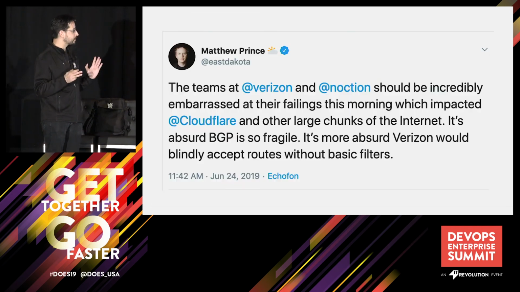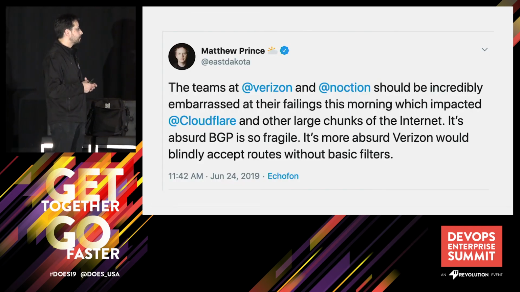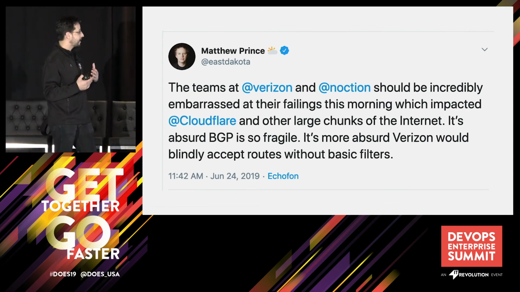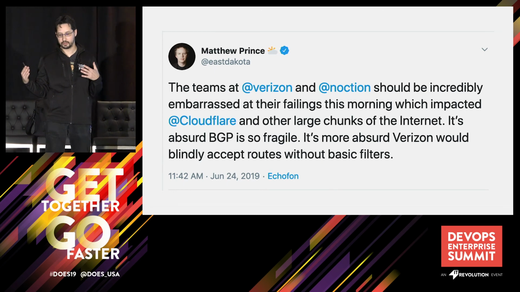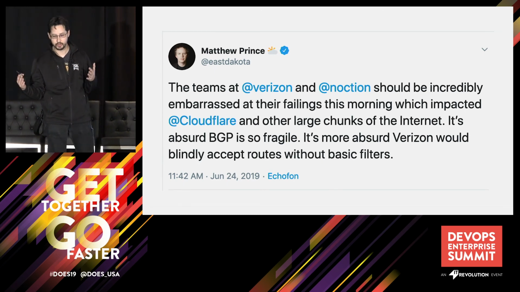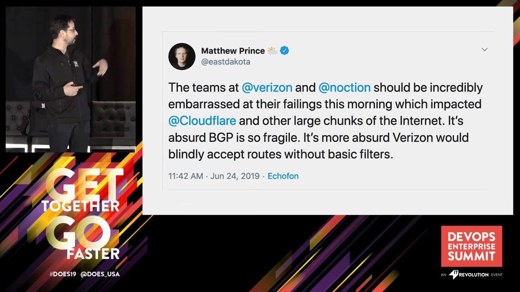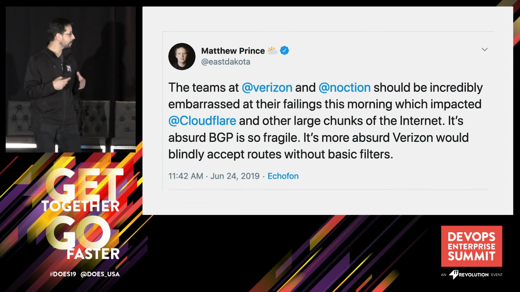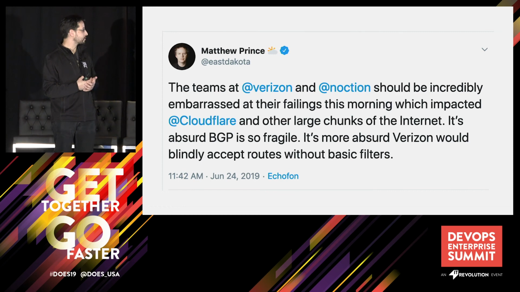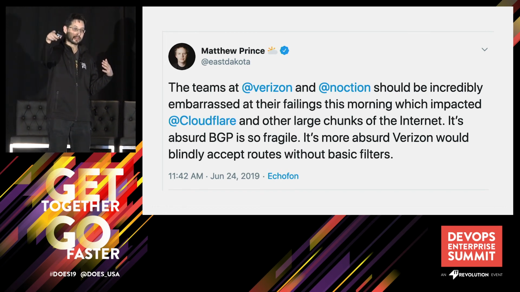OK, and then one final example. So Verizon had an outage which was caused by some of their upstream providers. Or rather, Cloudflare had an issue, and they blamed Verizon and Nokshin. So he was the CEO of Cloudflare, blaming some of the folks downstream from them. And so this is kind of how we work in the business, right? So when we have an issue and we see our competitors fall down, we like to point a finger and say, oh, look at those guys, they screwed up.